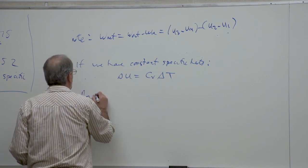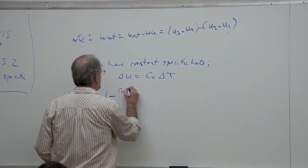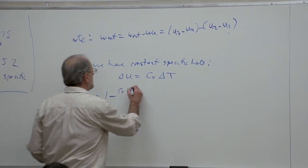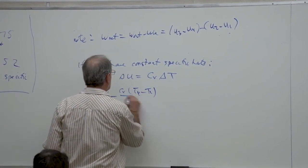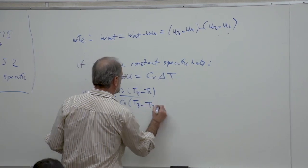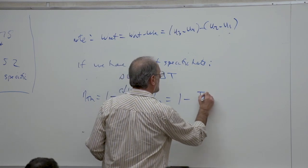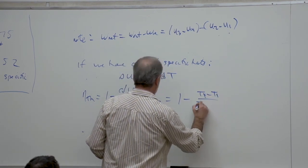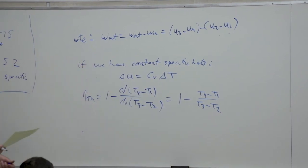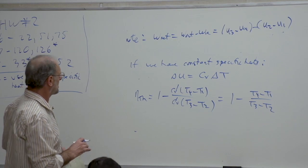We would be able to show that the thermal efficiency then is just 1 minus, and then in the numerator, we're just going to have a CV times T4 minus T1. In the denominator, we'll have a CV times T3 minus T2. You can see that the CVs cancel. And we'll find here that the thermodynamic efficiency is only going to be a function of temperature. Okay? Now, I can actually modify that equation a little bit further, and I'll get to that in just a